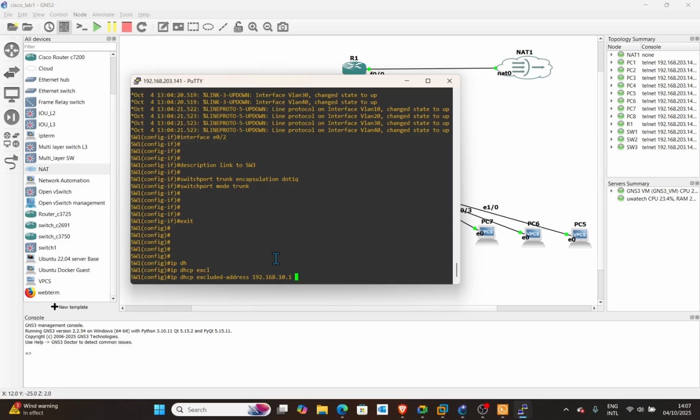So I will type 192.168.10.9. So these IP addresses will not be given to any device through DHCP, from 1 to 9. I will do the same for